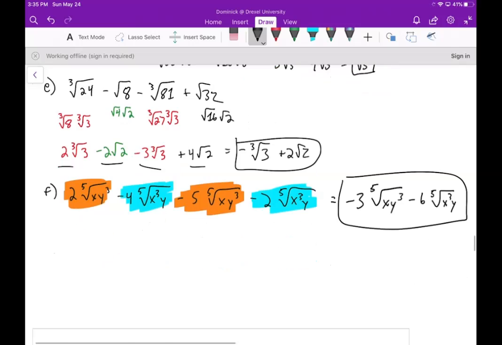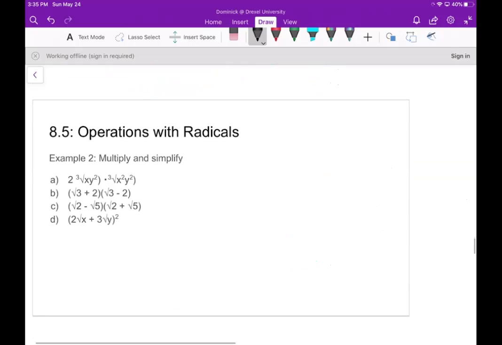Okay, so hopefully those aren't too bad. Now let's do some where we have to multiply, right? So essentially what you're going to do to multiply these things is you're going to separate, and then use, actually we don't even need to separate. All right, let's make it easy on ourselves. You're just going to use this property, right? If you have the product of two of the same type of root, you're just going to take the root